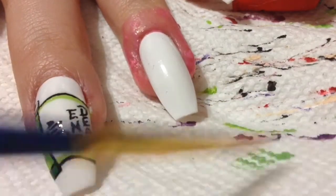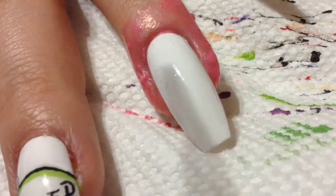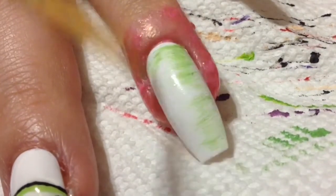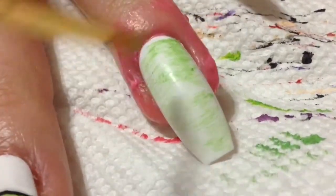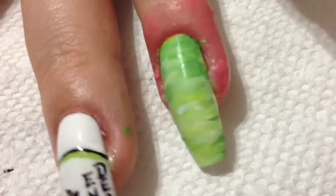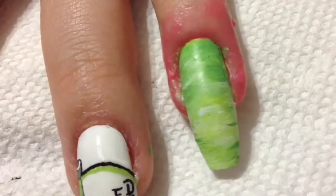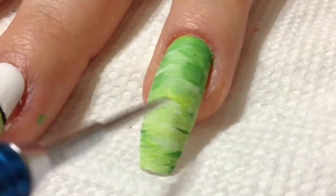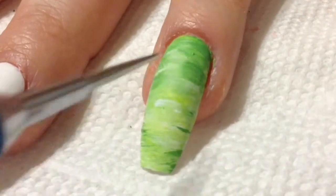So I got a little bit of green acrylic paint and I'm just going to dab most of it off, just leaving a little bit on the brush and just going back and forth on the nail. You can see it leaves these little streaks and stuff. Kind of looks like the texture of the floor, and I'm just going to do this with different shades of green acrylic paint. So yeah, that looks pretty good. This is just a background though. It doesn't have to be perfect, and yeah, well I went ahead and removed the latex barrier,